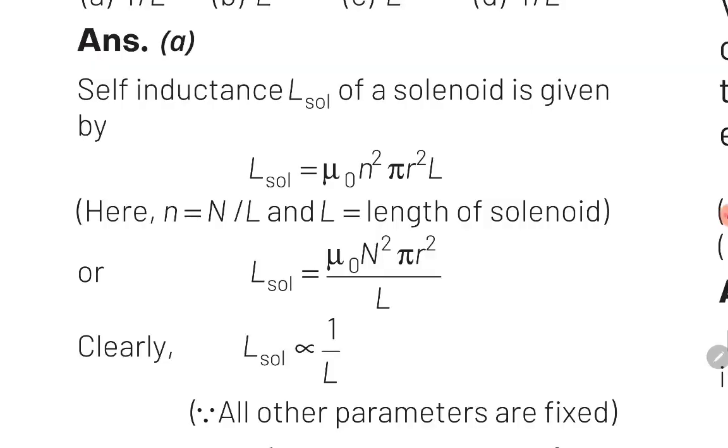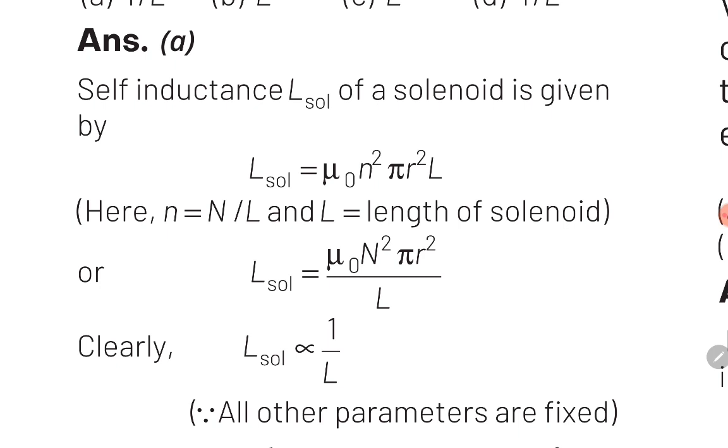Yes students, you can observe here that self-inductance of solenoid is given by the formula mu naught small n square AL. Guys, in this formula, small n is number of turns per unit length and A is area of solenoid, which is given by the formula pi r square. So guys, on using this formula of area, self-inductance will become equal to mu naught small n square into pi r square into L. Guys, here small n is again number of turns per unit length and therefore small n can be written as equal to capital N divided by L, where capital N is total number of turns and L is length of solenoid.